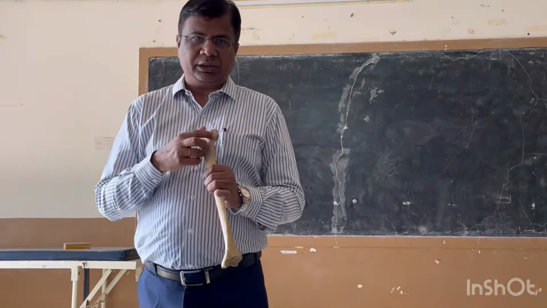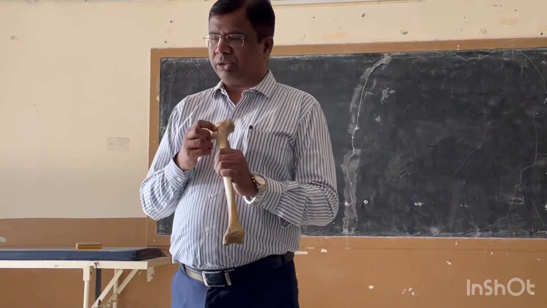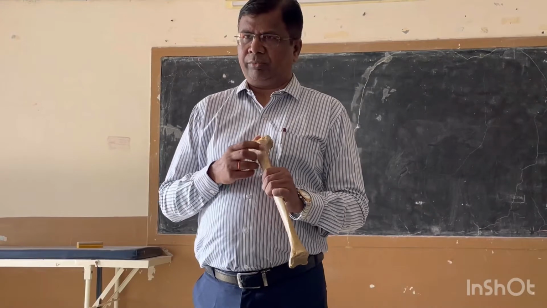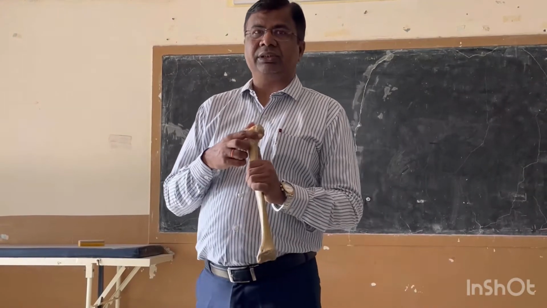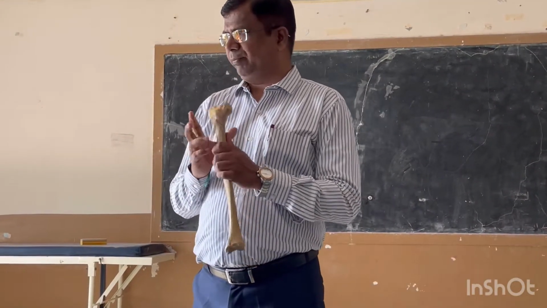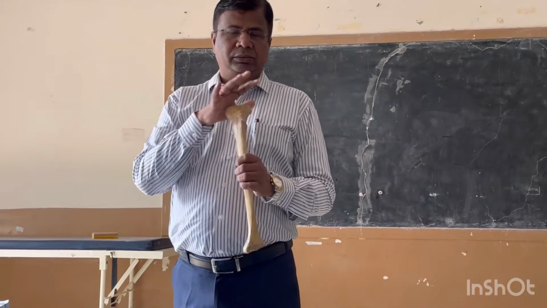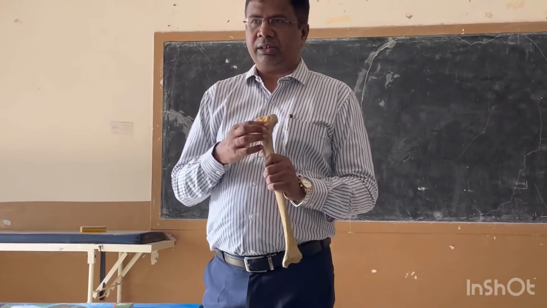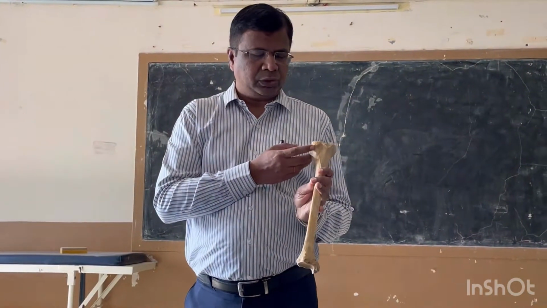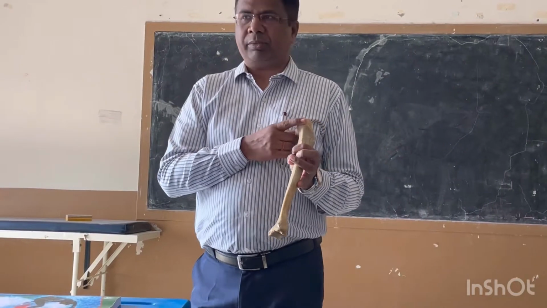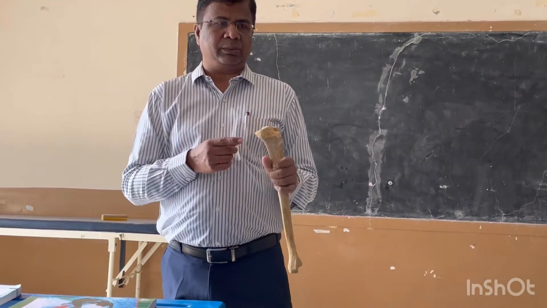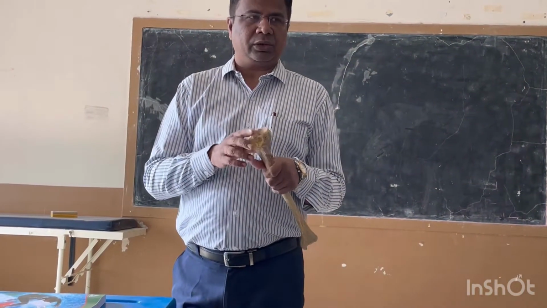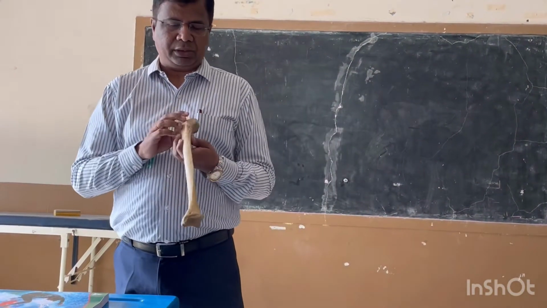The important thing here in the upper end is the tibial tuberosity. You can see here, there is the upper smooth part and the lower rough part. The tibial tuberosity receives the insertion of the ligamentum patellae. So that is the upper end of the tibia: the two condyles, the intercondylar area and the tibial tuberosity. And other features which I told you, here you have the fibular facet and the posterior part of the medial condyle, which has the insertion of semimembranosus, and very importantly the attachments on the intercondylar area. So that is the upper end.